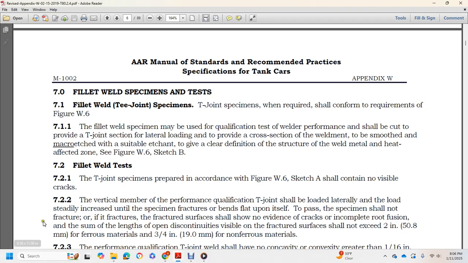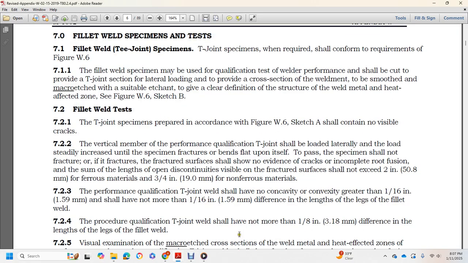cracks or incomplete root fusion. The sum of the lengths of the open discontinuities visible on the fractured surfaces shall not exceed 2 inches for ferrous metals and 3/4 of an inch for non-ferrous metals. The performance qualification T-joint weld shall have no concavity or convexity greater than 1/16 of an inch. It shall have no more than 1/16 inch difference in the lengths of the legs of the fillet weld. The procedure qualification T-joint weld shall have no more than 1/8 of an inch difference in length of the legs